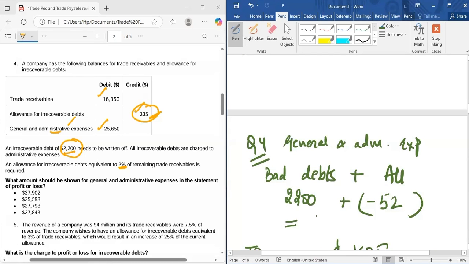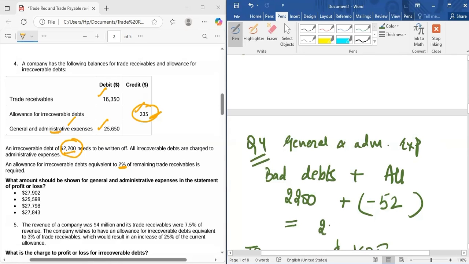Initially, we had allowance of $335, but now our allowance is just $283. So there is a reduction in the allowance. So the reduction is $52. So I have to remove this from my expenses. I will decrease my expenses, right? So 2200 minus 52 would be